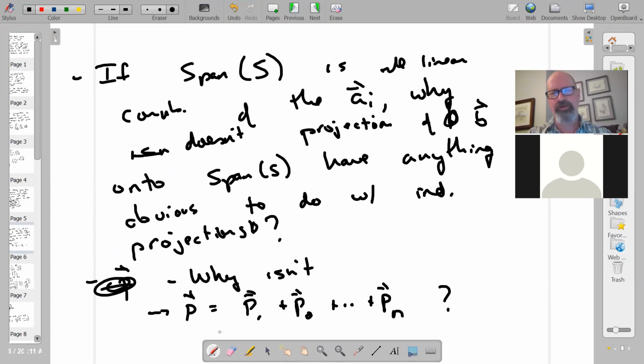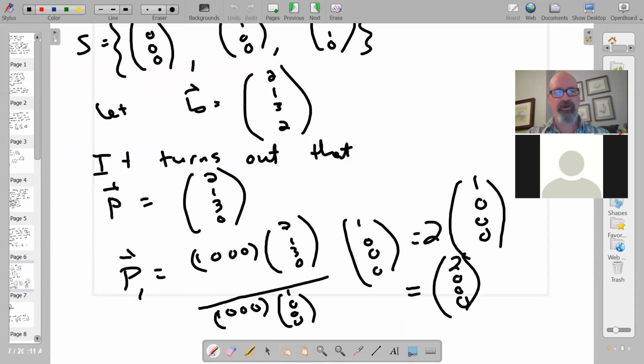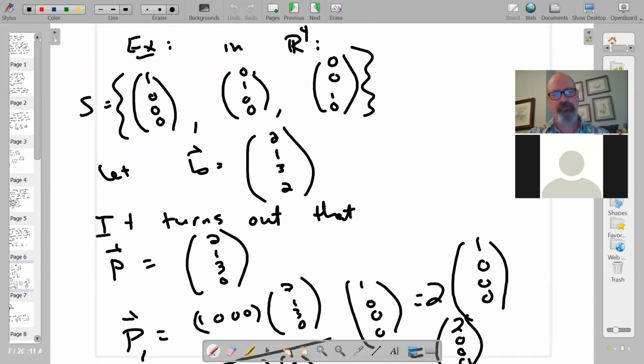And the reason why I think people would come up with that is that if you sat down and played around with a lot of examples, and thought about what's likely to happen, the examples that people would come up with would probably all look like this. And the reason is that's a natural choice of a basis within R4. So that particular basis, 1, 0, the one that you see there, spans everything in R4 except for one dimension.